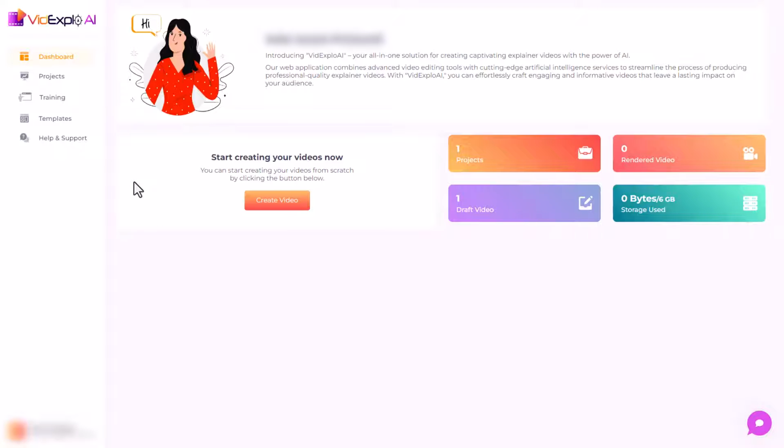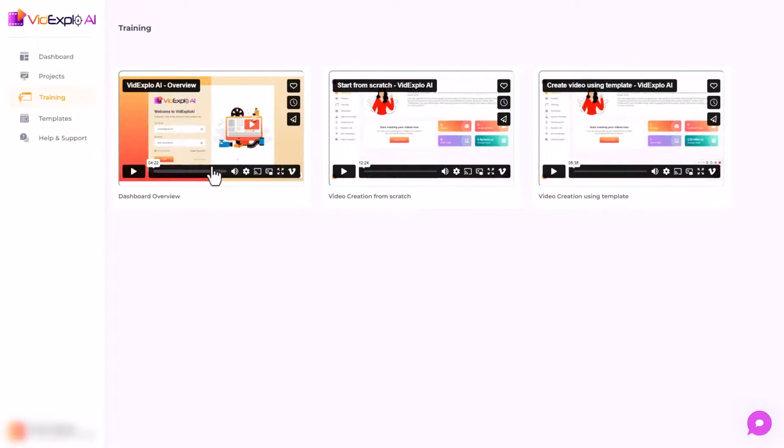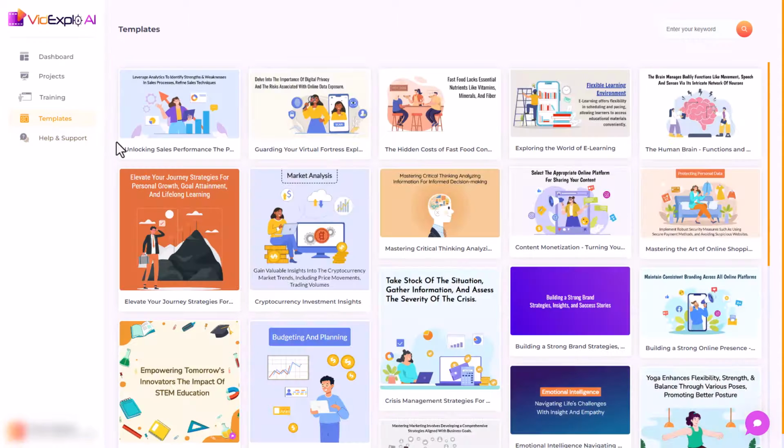So first of all, let's look at what we've got down the side. We don't have loads of things, which is great. We've got training. So there are 3 training videos you can watch. There are your projects, help and support, and templates. This is a template driven thing. There is searching by templates up here, which is really good. So if I type and search for brain, I want to get this one. Let's see what happens. Yep, I get that one. So you can at least search for things, which is useful.